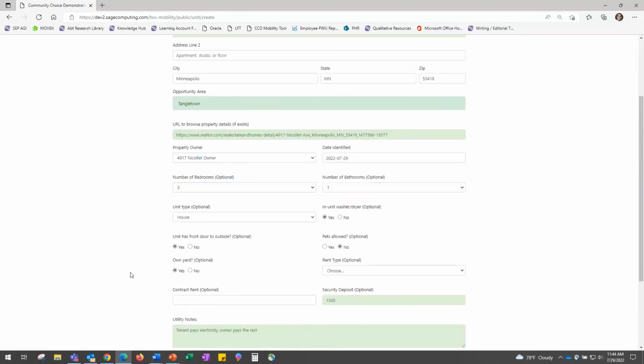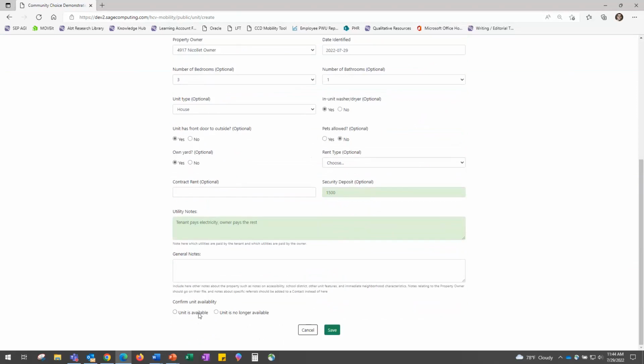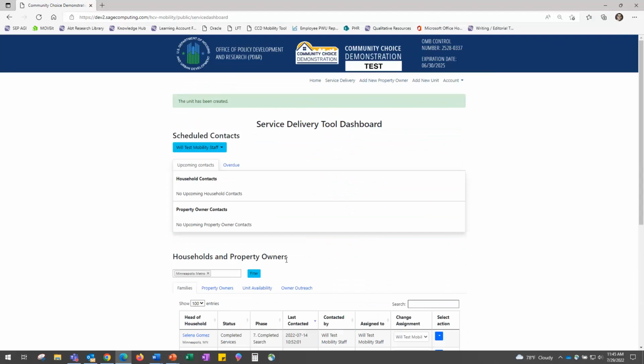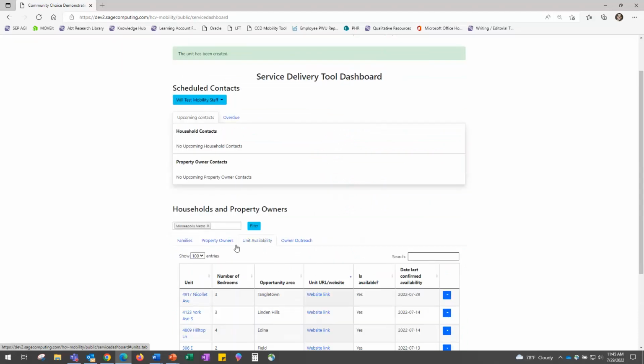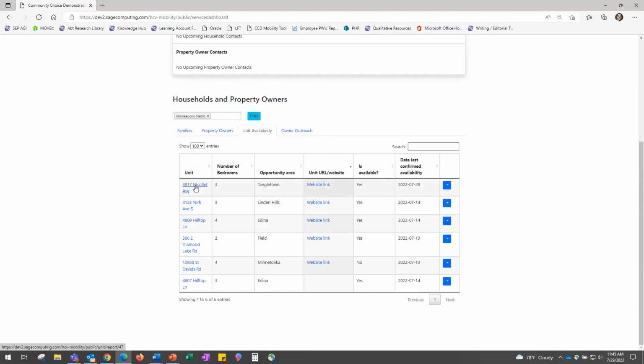So once you fill out that information, you're going to confirm whether the unit is available or not. Usually when you're adding units, it's going to be available. But let's say in the instance that you hear a unit is going to be going on the market in like a month or so, you can say it's not available right now and give yourself a reminder to go back and change the availability to available at a later point. But we'll say that this unit is available right now. Create the unit, and now you can see it in the unit availability table,